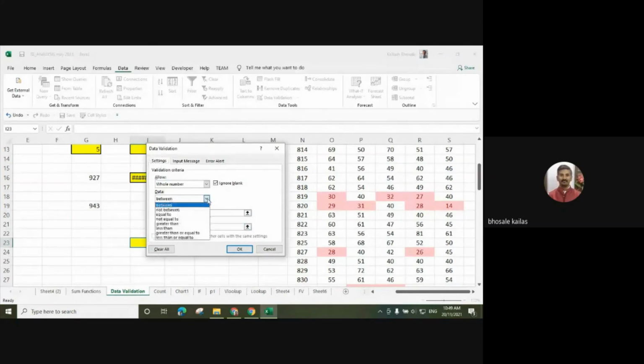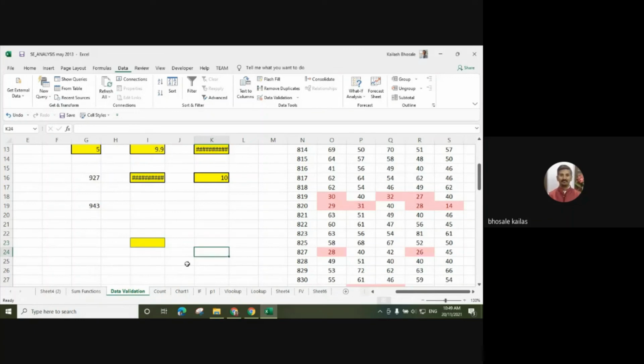Here we can have the various options: between, not between, equal to, less than, and so on. We can select this. Okay. Suppose I enter the value 0 here.